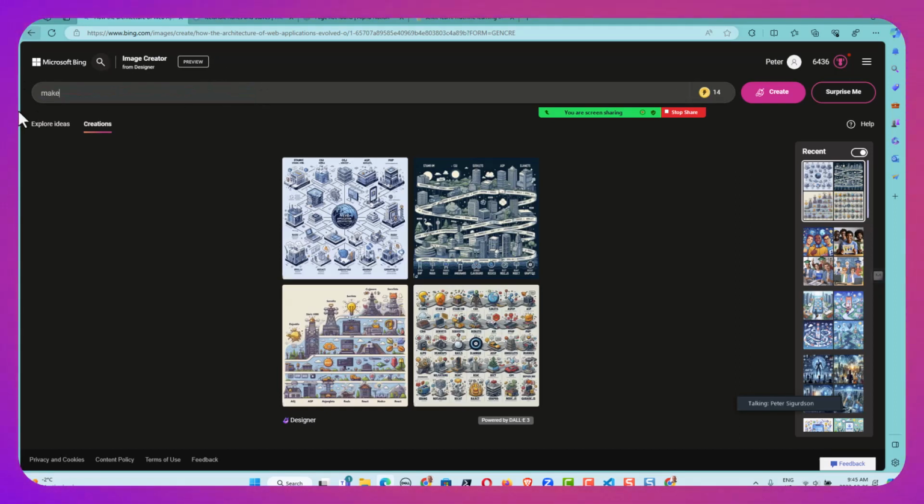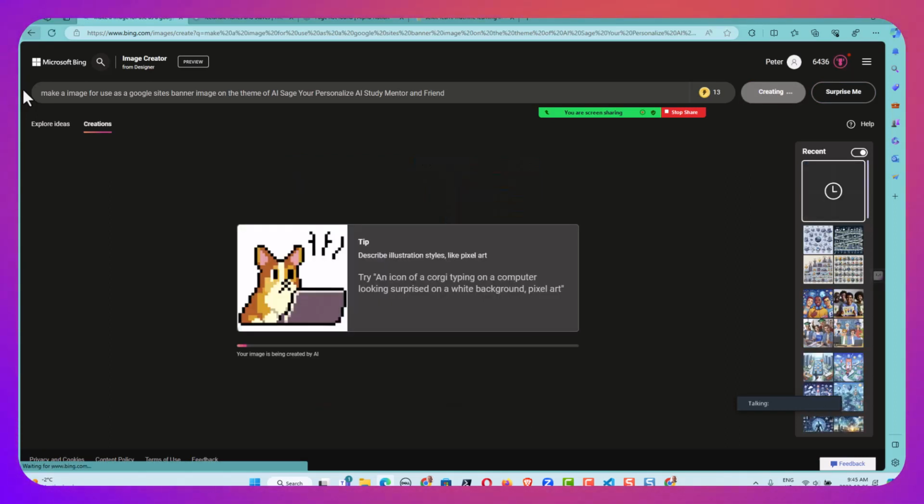Make an image for use as a Google Sites background banner image on the theme of AI Sage, your personalized AI study buddy. Once again, it's going to take a couple of seconds to generate that. So while my image is generating, because I can come back to that,